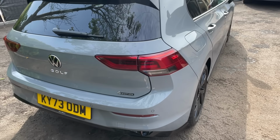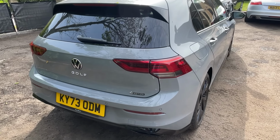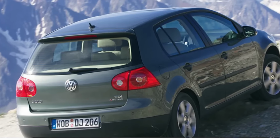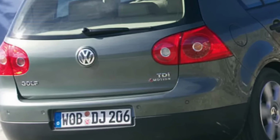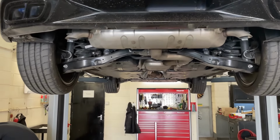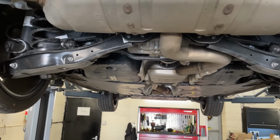Now it's weird because you don't get it on the Golf R, so even though it's got four-wheel drive, you never see the badging. And also, I don't think there's been a normal Golf with four-wheel drive that's not been an R model in the UK since the Mark 5, when they did a 2-litre TDI and a 2-litre petrol version. Because the 4motion part of this car is so key to its character and actually so unusual on a Golf, especially one that's not an R, I thought we'd get it up in the air and have a look